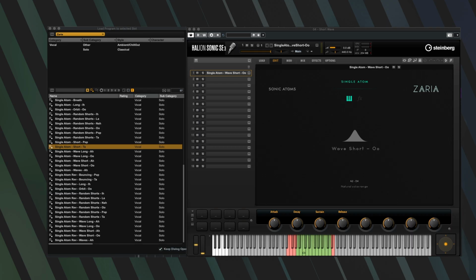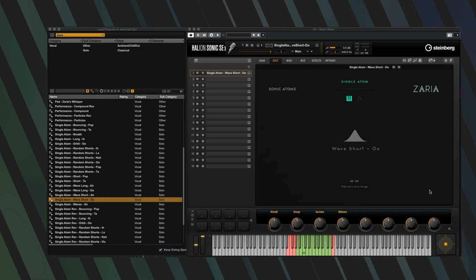The last type of instrument is a single atom. Now you probably suspect that these are single articulations, we just call them atoms because we are sonic atoms. And yes, you're right, these are single articulations which you already know from a performance type of instrument. But there are a few additions. There is something like a wave short,